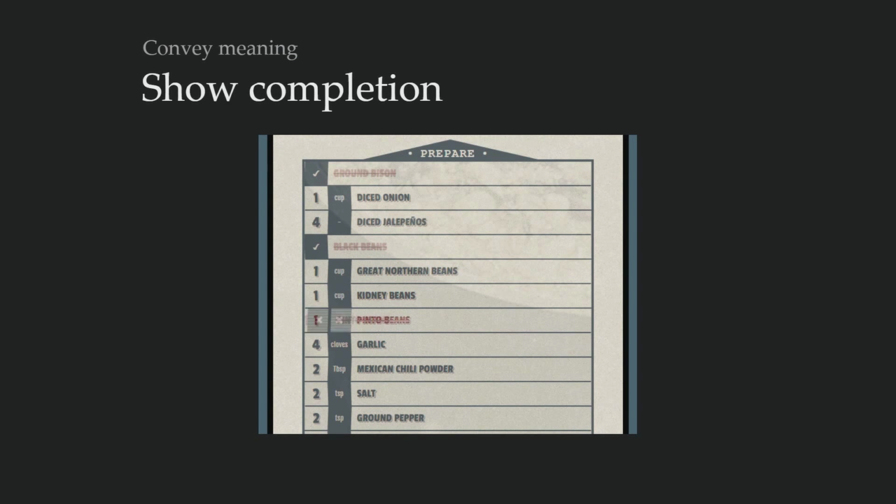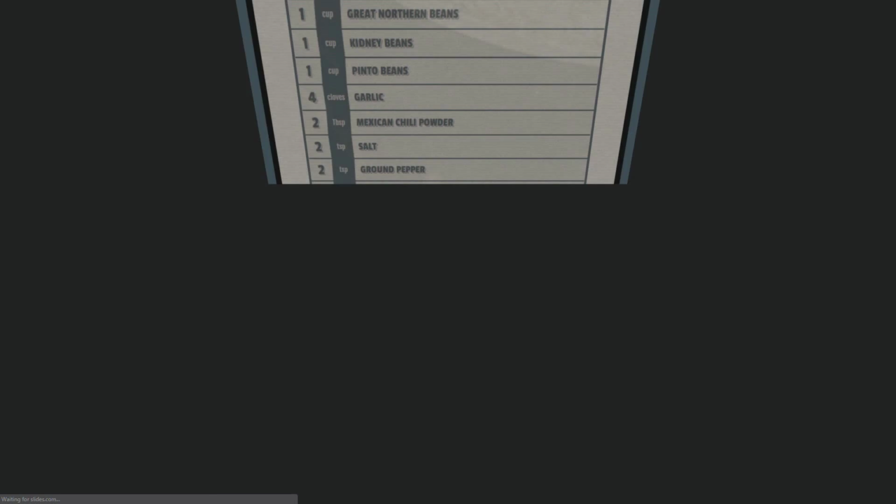Another way you can show completion in a different way, this is just a small checklist, but lovely design in my opinion, simply because it shows that transition between the states and has just an appealing look to it, and you can easily glance at the list and know, all right, I don't need to worry about those that have been checked off. I can just focus on the ones that are remaining.